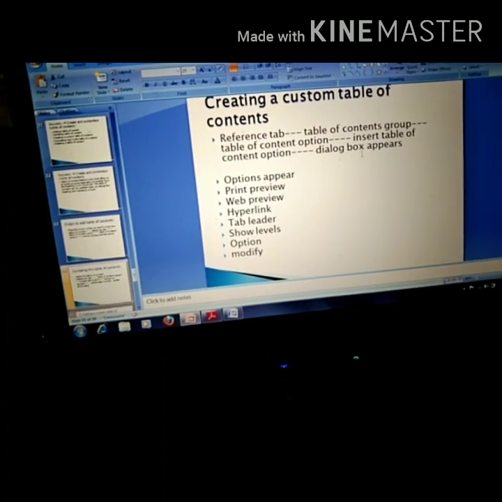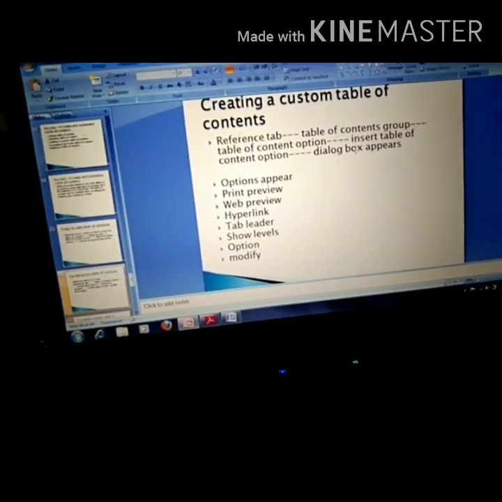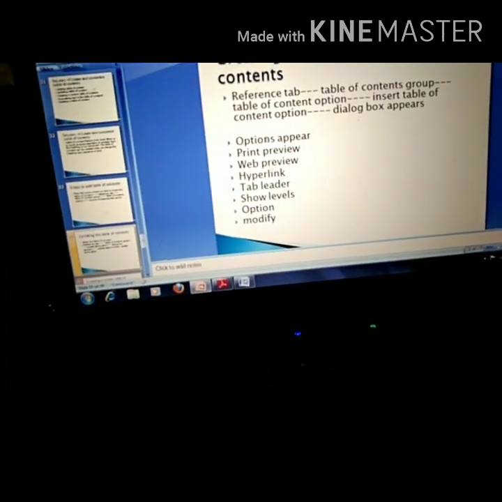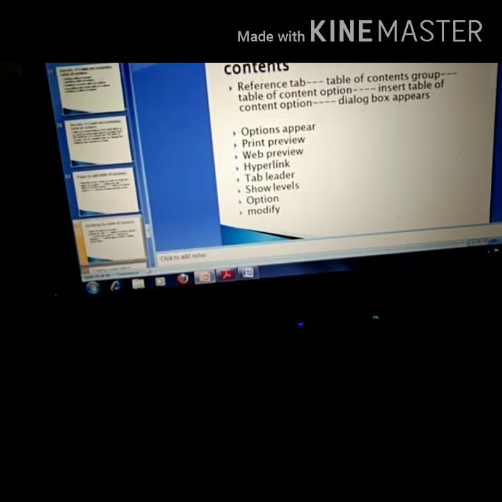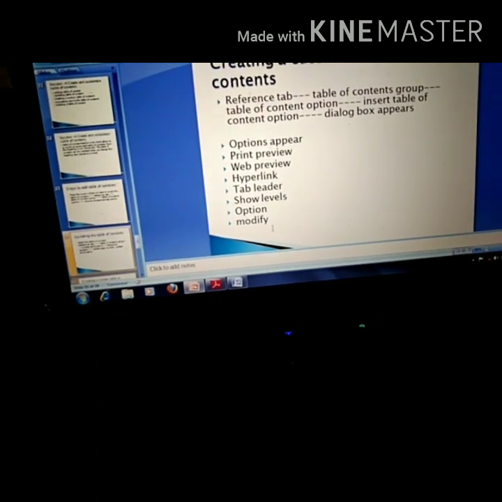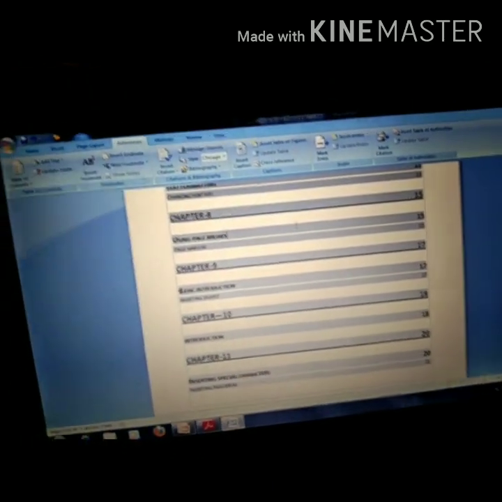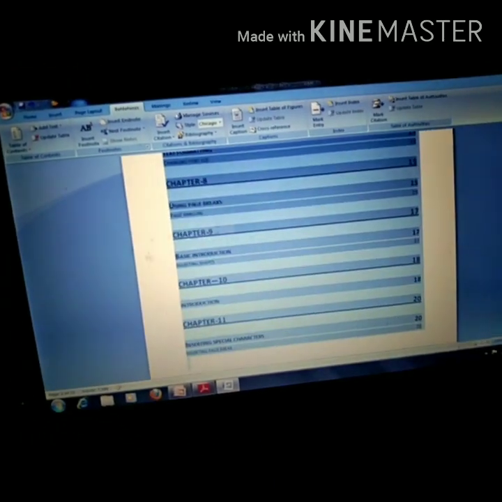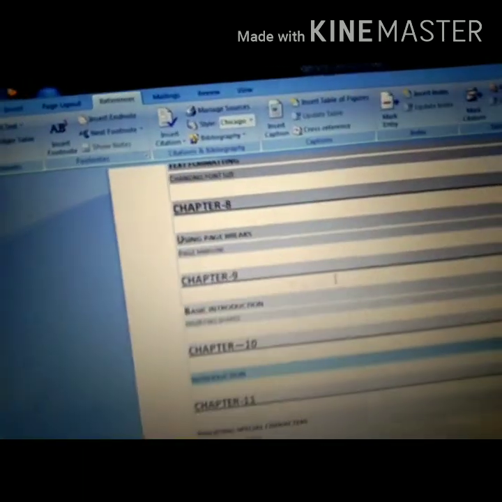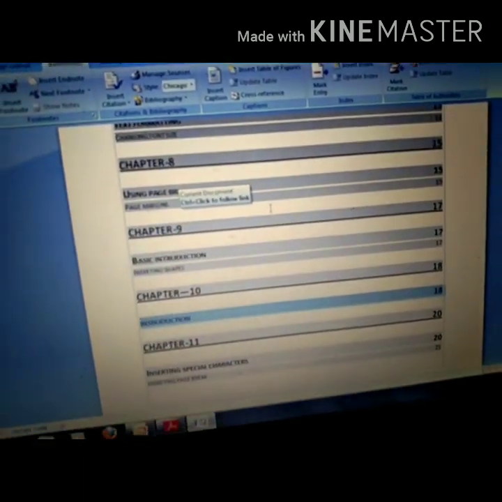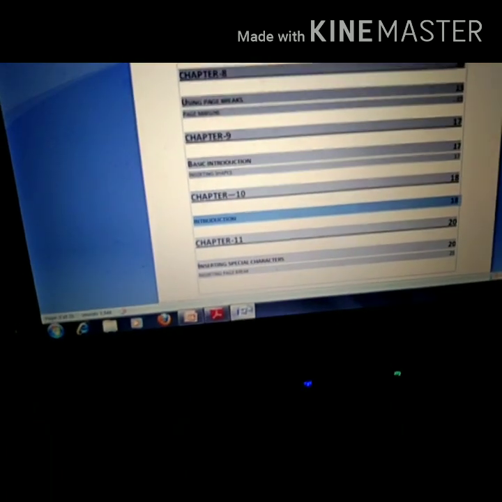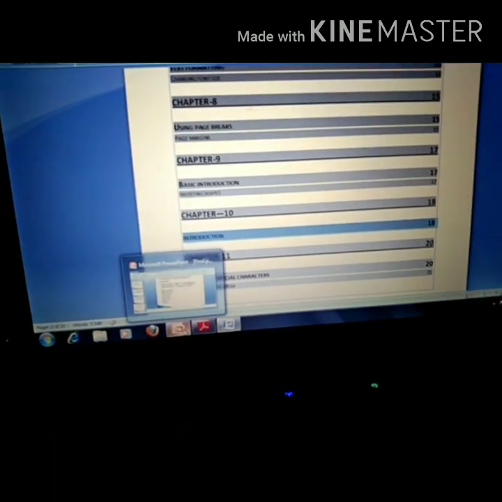By this you are inserting and a dialog box appears, and here few options are there: print preview, web preview, hyperlink, tab leader. Tab leader represents this indication, this one dark line, this one dark line, and this light line or without line. These things we set with the tab leaders.